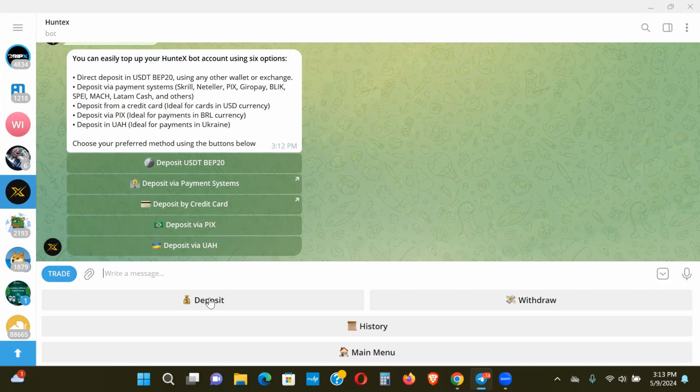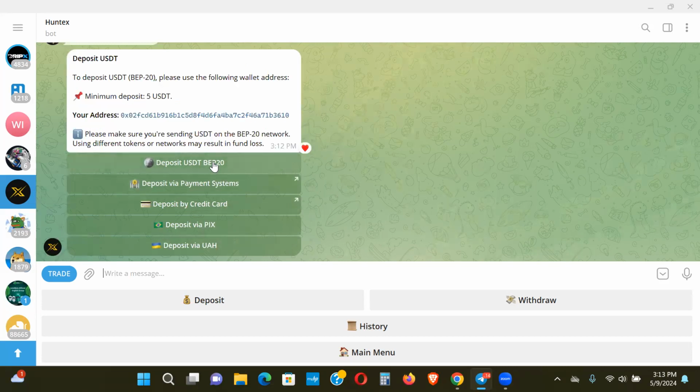Deposit in UAH. That's for people that are in Ukraine. That would probably be an ideal situation. So I'm just going to deposit USDT BEP20. Okay. I'm going to click this right here. Then it says here to deposit USDT